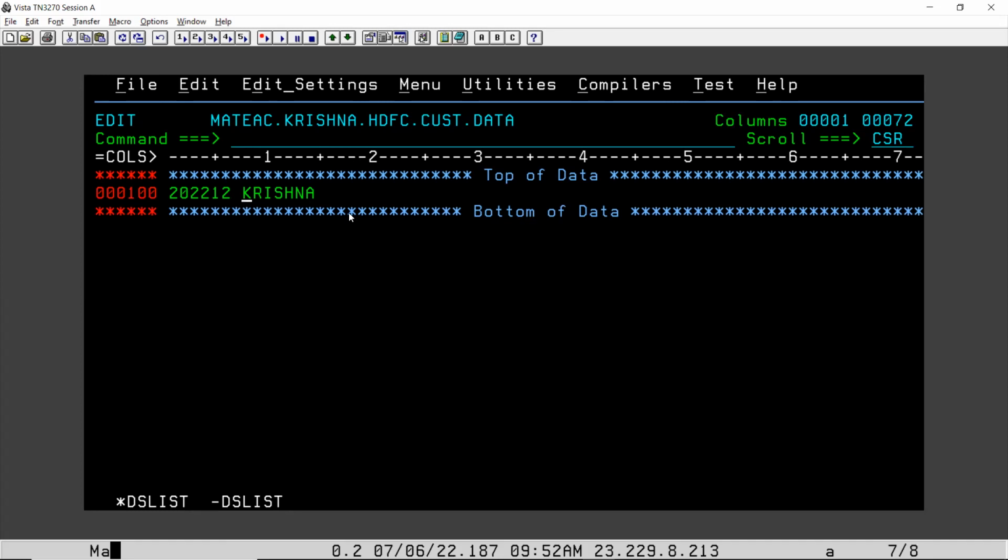Employee name 10 bytes, customer name 10 bytes, I'm taking here. So 1, 2, 3, 4, 5, 6, 7, 8, 9, 10. So 10 means till here it will happen. From column 20 I will have